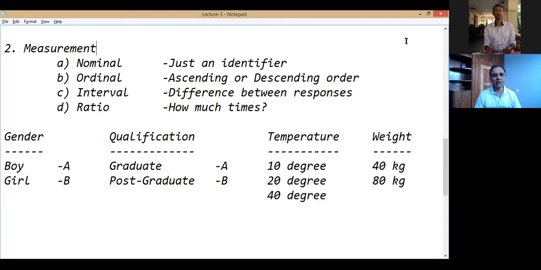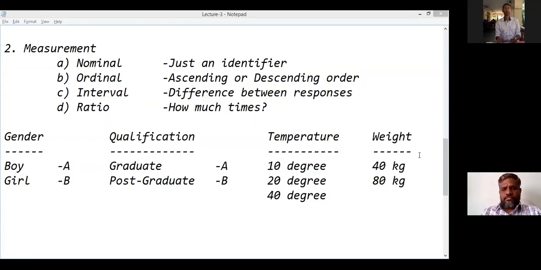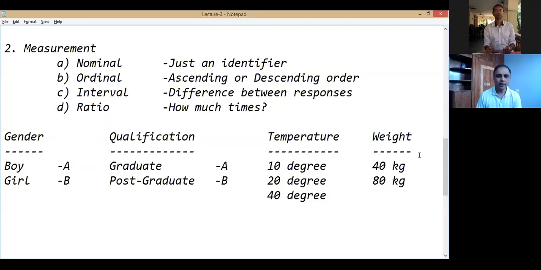Look for some of the examples that are given in the books. Sachin Tendulkar, when he used to play cricket, had a jersey number of 10. I have not changed the screen, but if it's not visible, let me share it once again. So this is the same screen. I have not changed. You should see measurement, the 4 types: nominal, ordinal, interval and ratio on the screen. So Suman, please give feedback if it's not visible. If it's visible, then okay.